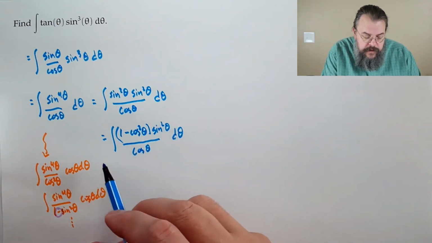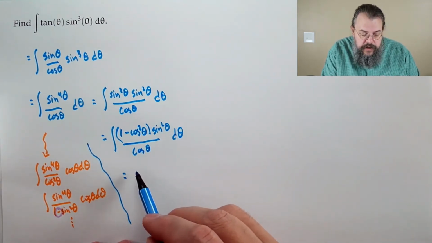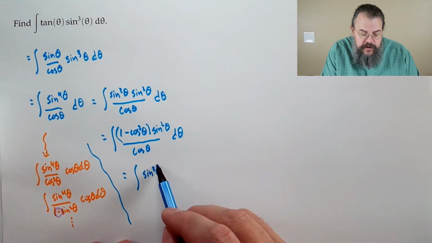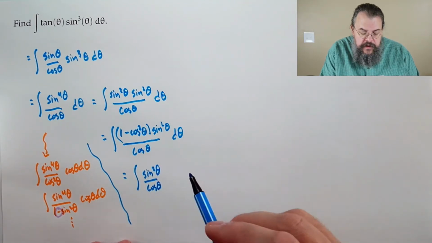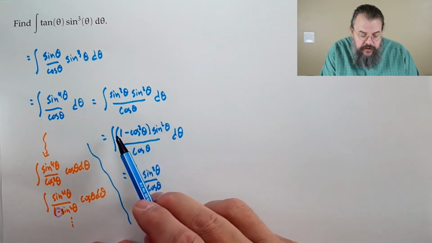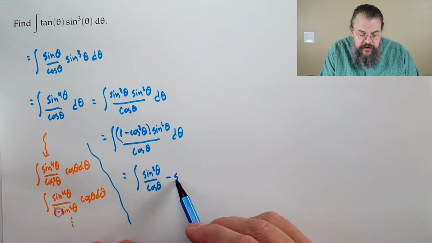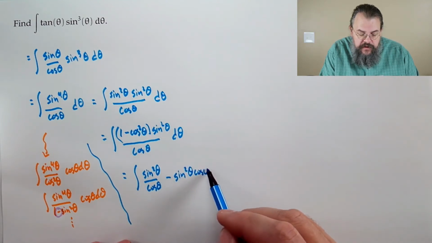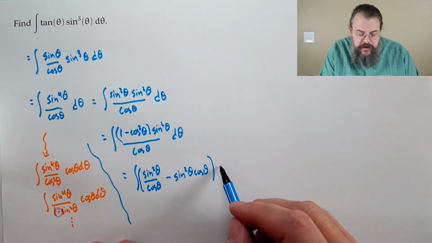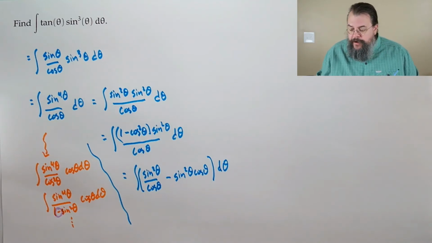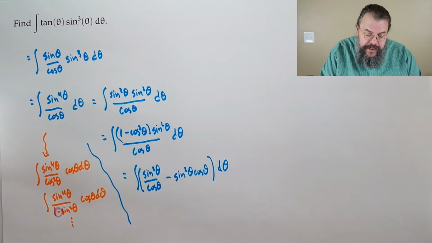Well, that would be what? Well, that becomes the integral of sine squared over cosine. And then, right, sine squared over cosine. And then the other term, cosine squared over cosine, would become minus a sine squared times a cosine. Now, let's think about these two terms. Are either of these two terms happy? In other words, we're like, ooh, we see what to do. I claim the second one is actually pretty good,